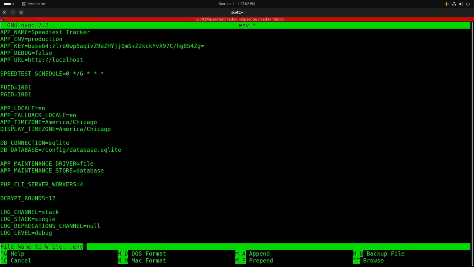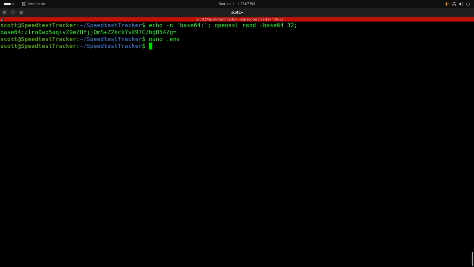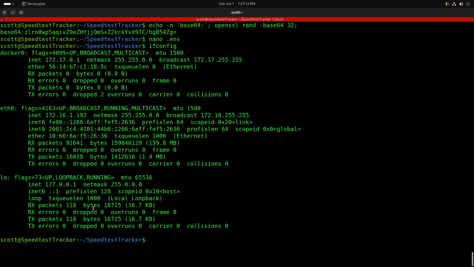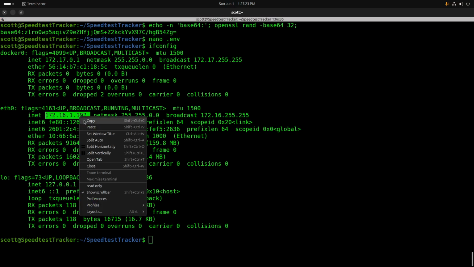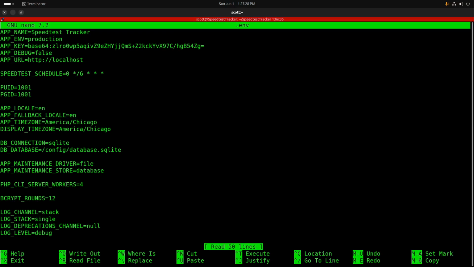Let me go ahead and do a Control-O and hit enter to write the file out, and a Control-X to exit the nano editor. At this point, I'm going to do an ifconfig command, and I see that ETH0 has the address of 172.16.1.192 in my case. And so I'm going to go back into my editor session, come down here, and then remove localhost and go ahead and paste that value in here of